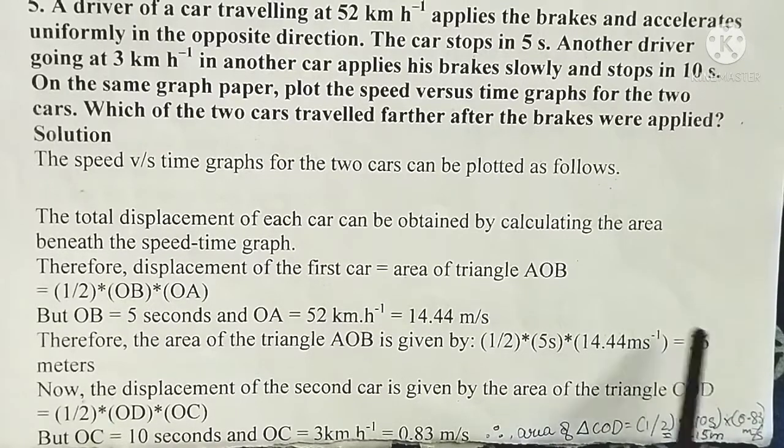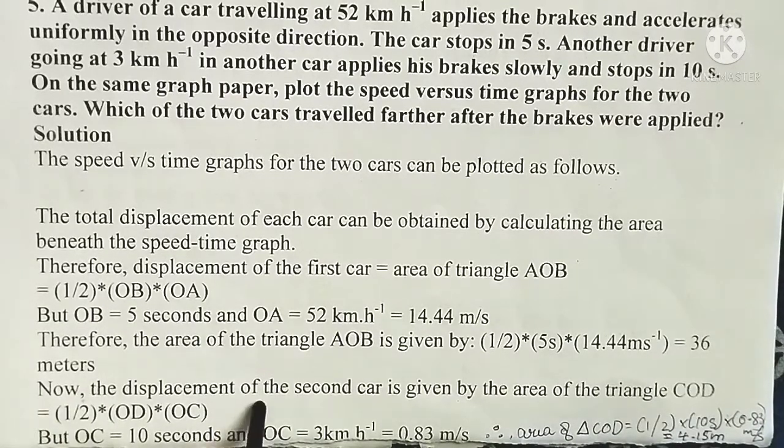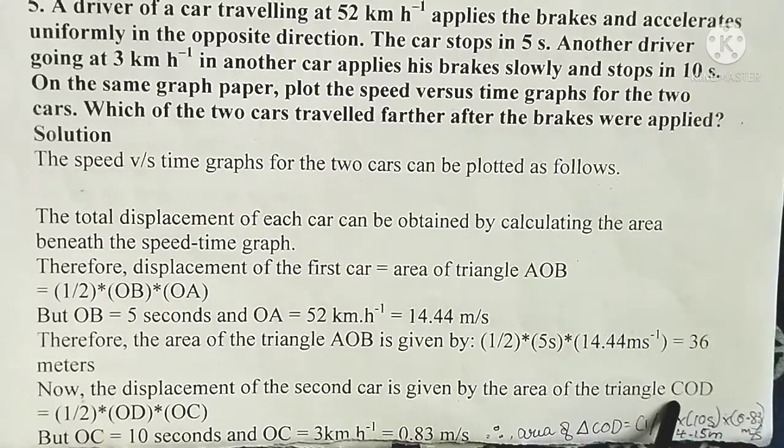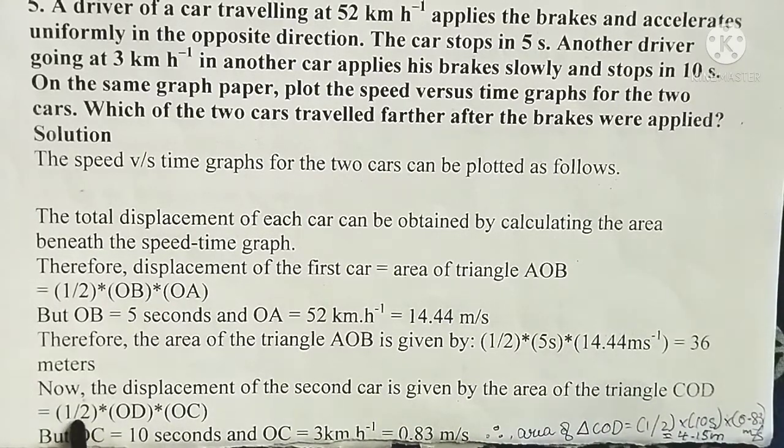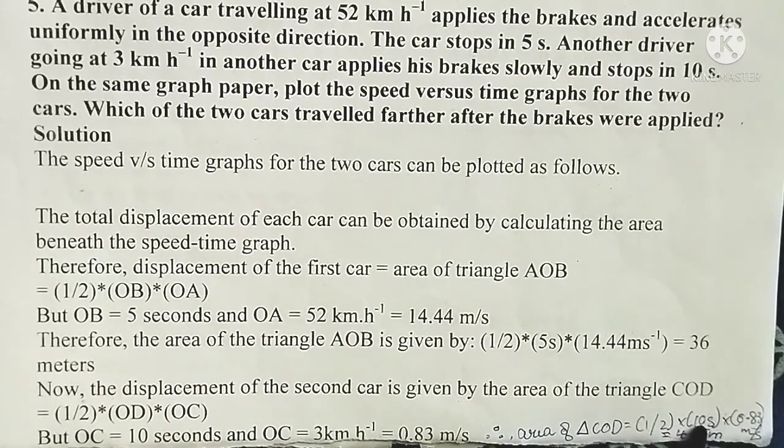that is equal to 36 meters. Now the displacement of the second car is given by the area of triangle COD, which is half into OD into OC. But OD is equal to 10 seconds and OC is equal to 3 km per hour, that is equal to 0.83 meter per second. Area of the triangle COD is equal to half into 10 seconds into 0.83, that is